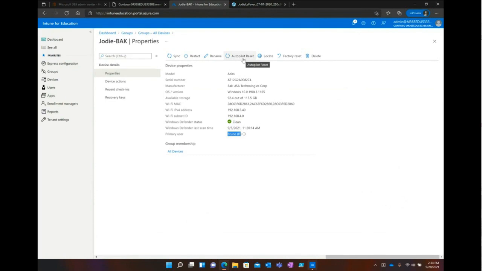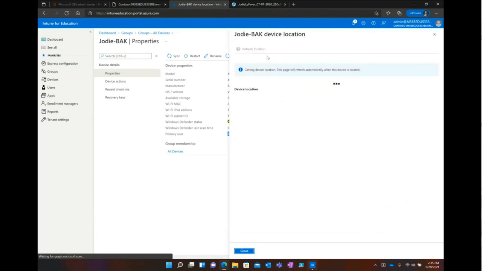So say you have a teacher machine out in the wild, she's working from home and she starts getting purple screens or her machine is just acting really funky. You can come in here and click this Autopilot Reset, and this basically resets the actual OS without touching their data. The process only takes between 7 to 15 minutes depending on the equipment, but it gets them back at a login screen pretty quickly and up and working again very quickly without having to bring that device back on site and, quote, re-imaging it.